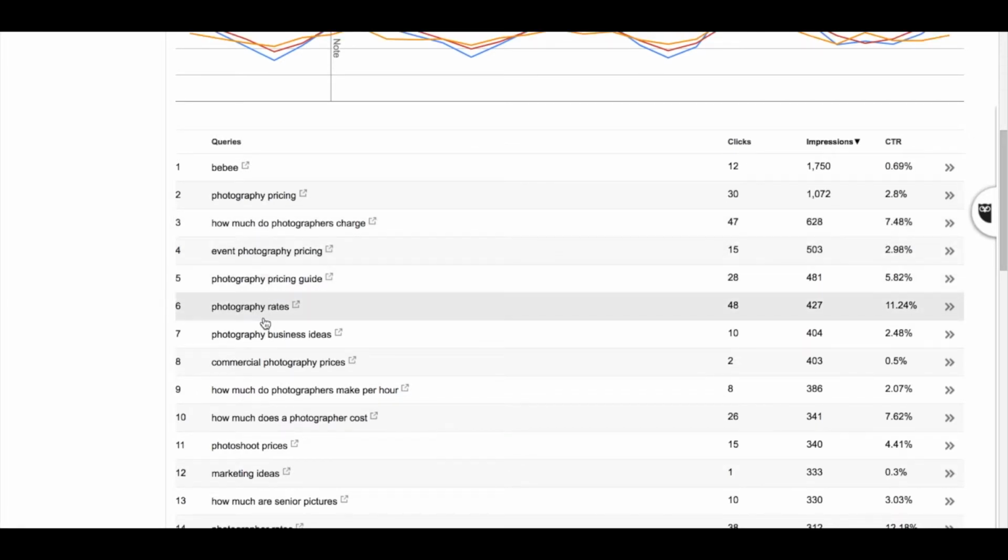But what you can do is take a look and see some variations that your website is already popping up in Google for. If you don't have a specific page or blog post on that topic, this would be a good option for you. For example, I don't have a blog post specifically on event pricing photography. Now you can take a look over here and see what the